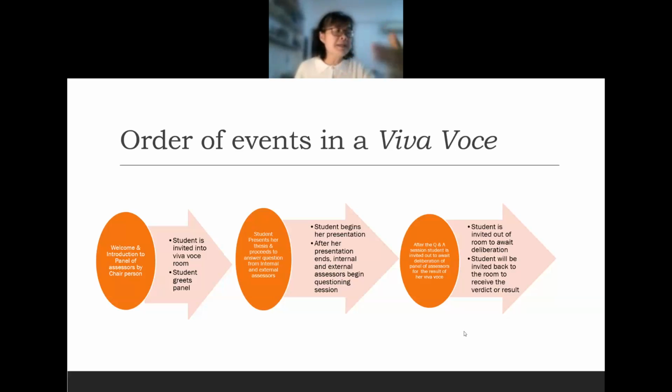The assessment that you will be given: you either pass without any corrections, pass with 3 months corrections, pass with 6 months correction, or pass with partial failure, 1 year correction, or you fail. So there are a few levels. I don't know whether I'm right or wrong. There could be a change.